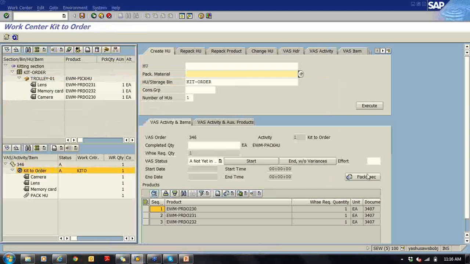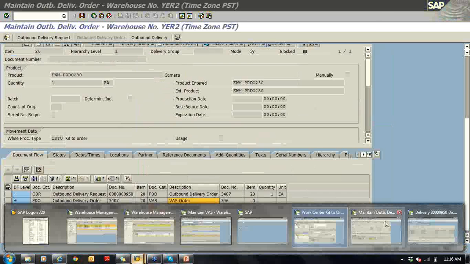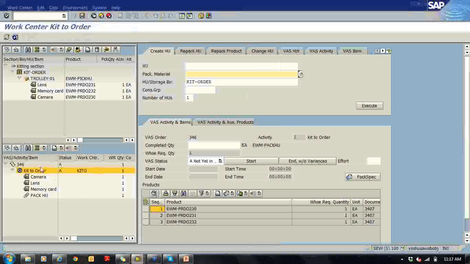When I click from here, we can configure the system to print any of the labels you want. I think I have used all my sessions, so let me close this session so that you can see. If you need to trigger any labels or any packaging instructions required for the operator, we can generate those. And once it is done,